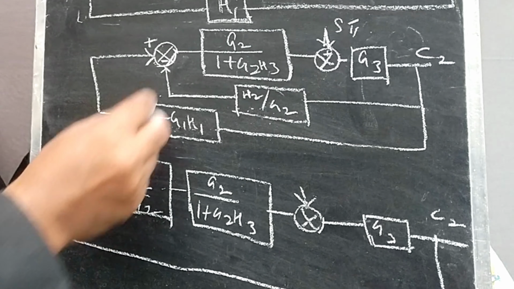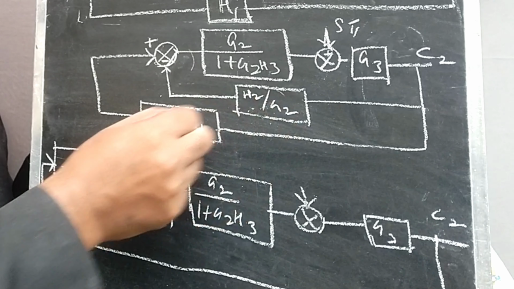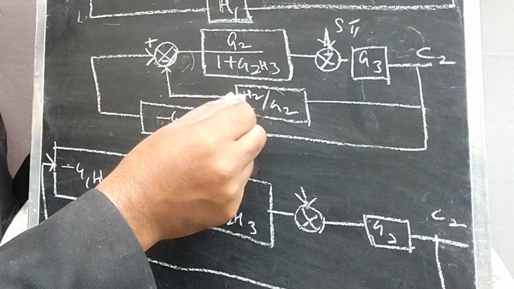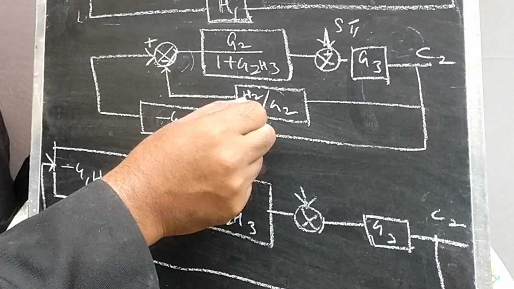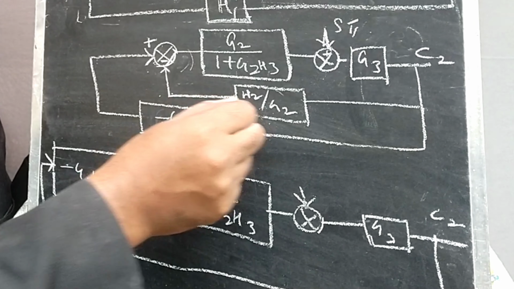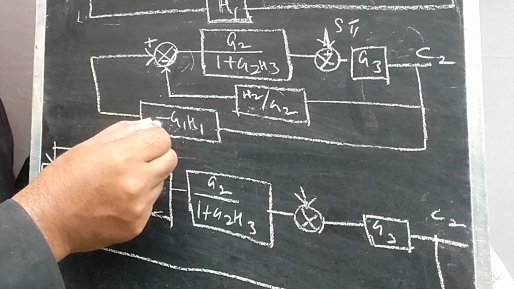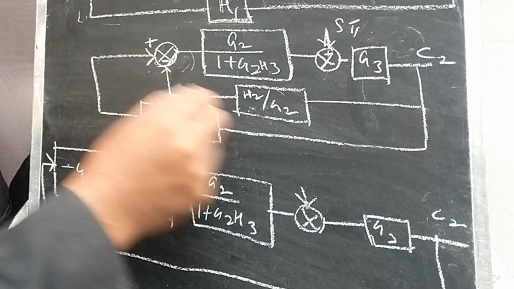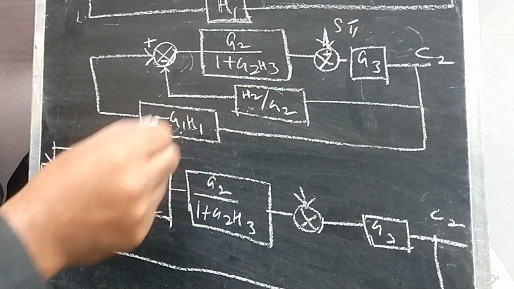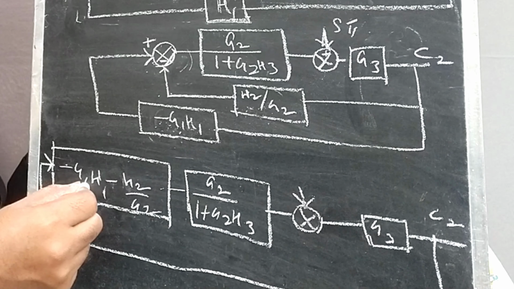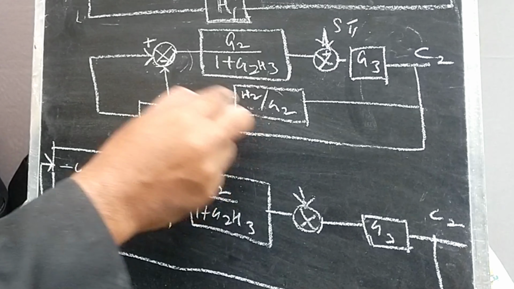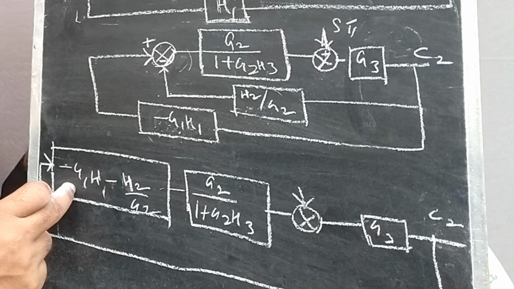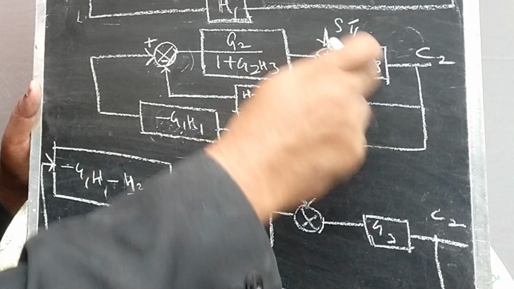The main thing you need to remember is, even though we add these two things, this summing point has a minus sign. So this particular H2G2 already has a minus sign. If you are adding these two, you just write minus G1 H1 minus H2G2, because it is in parallel connection. Please look, it is not a loop. The most important thing is you need to put a minus sign here, even though you are removing the summing point. Then you get it like this. Then the remaining point is here and the remaining things here.